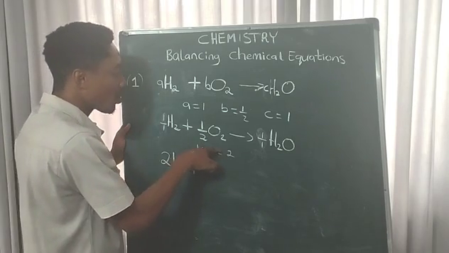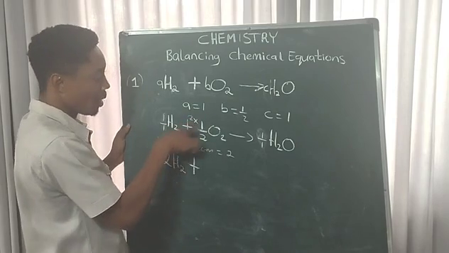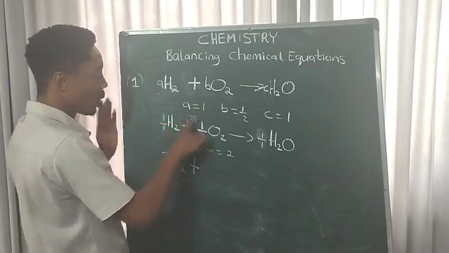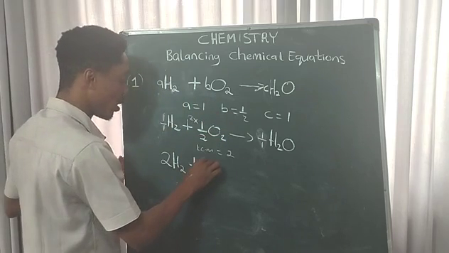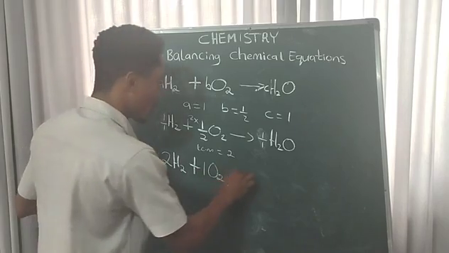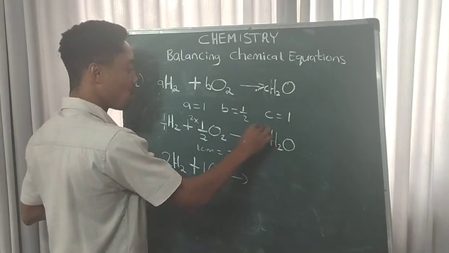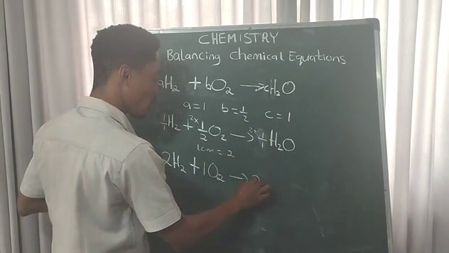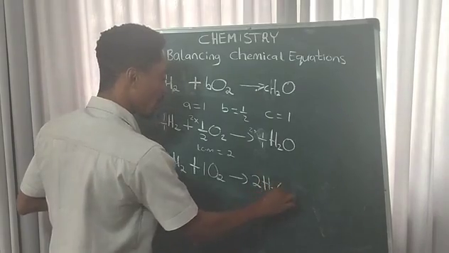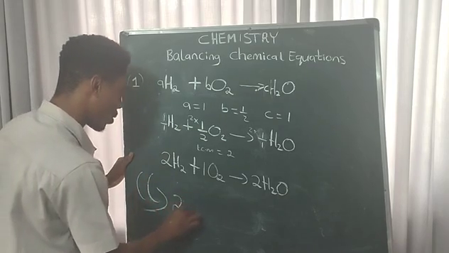Plus, multiplying this by 2, 2 cancels 2, so this is 1 O2. Giving you, multiplying this by 2, this is 2 moles of water. So the balanced chemical equation becomes